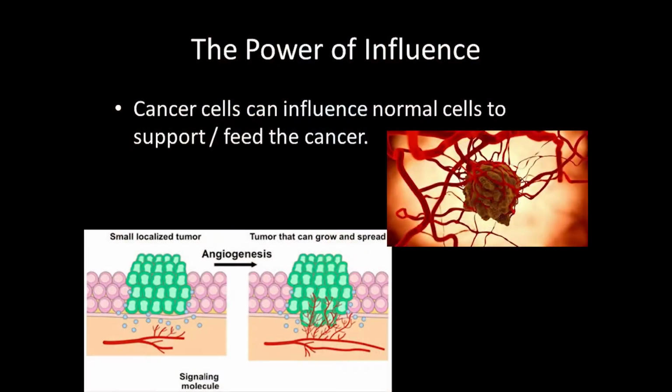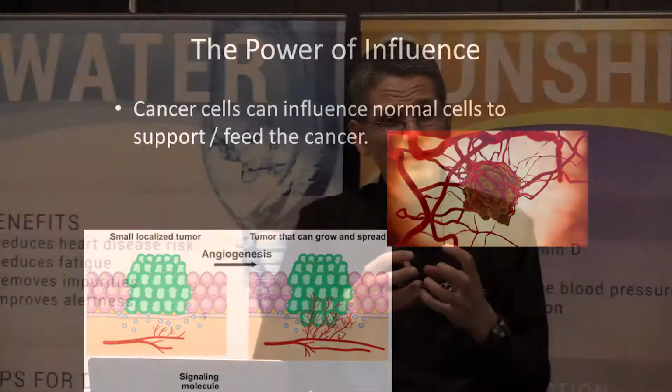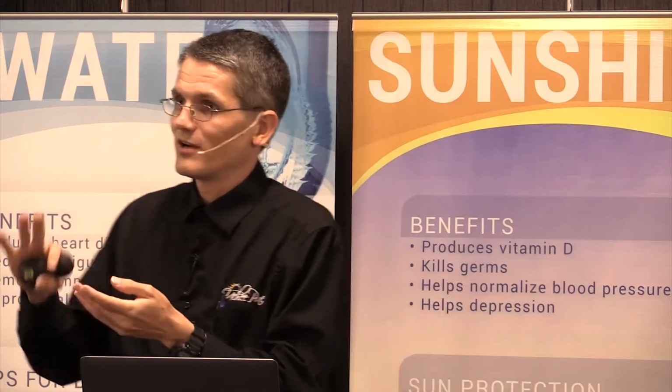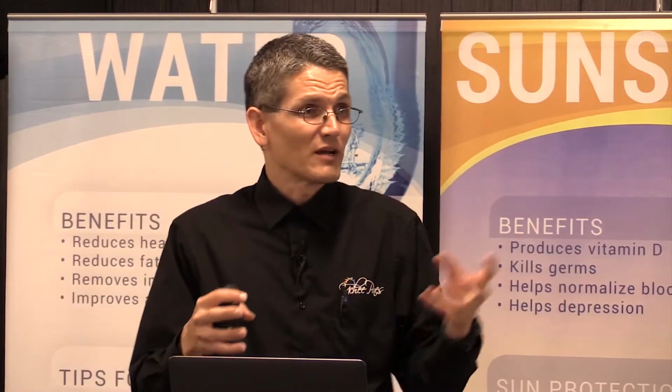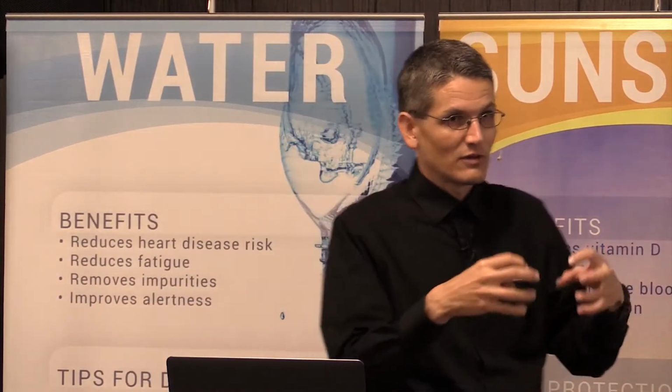Not only that, cancer has the power of influence. So you might have a tumor that's growing here, and it's getting bigger and bigger, but you can only supply or support a certain sized tumor without it breaking down, because you've got to be able to get all those nutrients. Remember, cells have to have oxygen and water and food and so on. So you've got to be able to get those things that the cells need to them so that they can function. But if it gets big enough and it doesn't have a good enough blood supply, then the cells on the inside, or the cells that are far enough from the blood supply, will start dying.